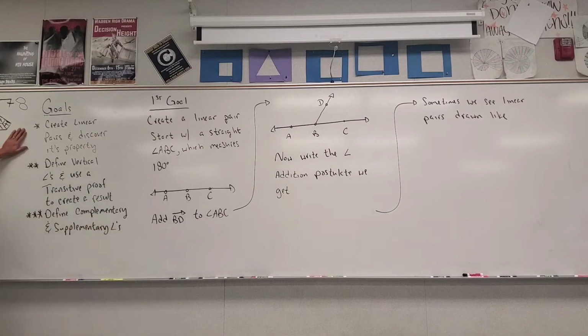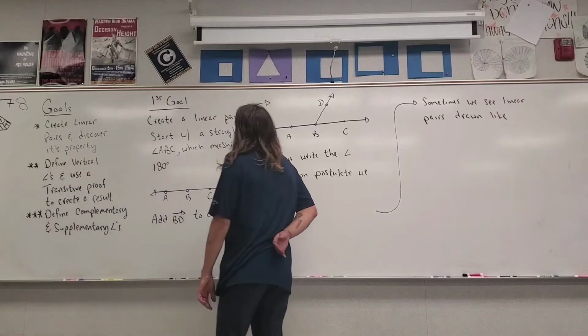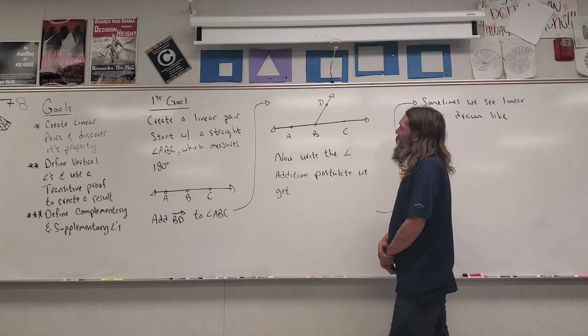Our first goal is going to be to create linear pairs and discover its property. Our second goal is going to be to define vertical angles and use a transitive proof to create a result. And our third and final goal is going to be to define complementary and supplementary angles. So let's go ahead and jump right into our first goal, and it's going to be to create linear pairs